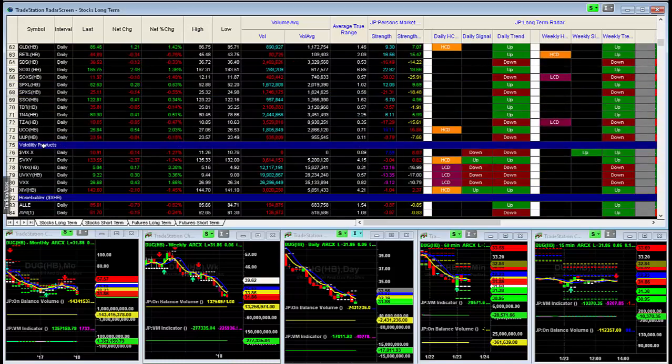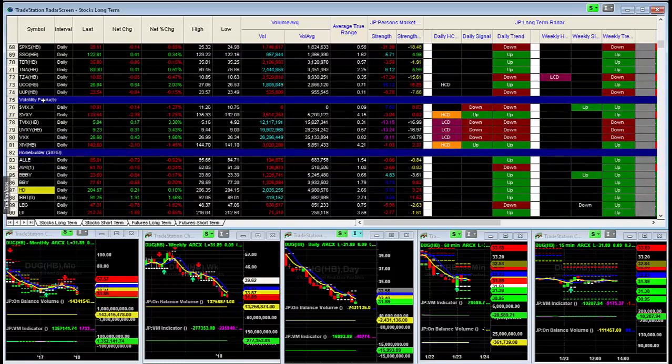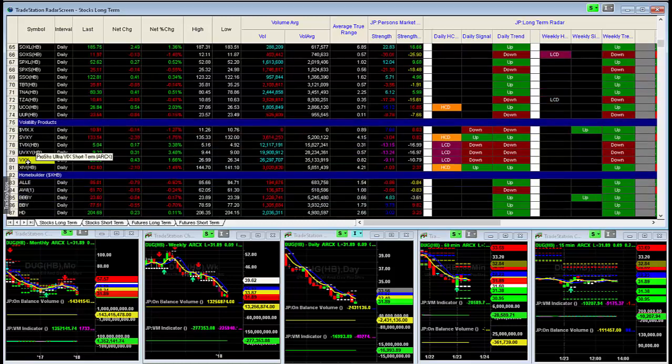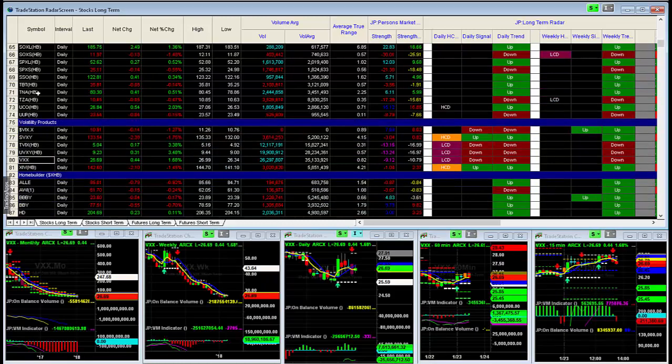If you notice here, we have several that are not in alphabetical order, like the volatility products. I keep them there because, number one, our main product that we trade with the Algo Optimizer is the VXX, which is an ETN, or exchange traded note.